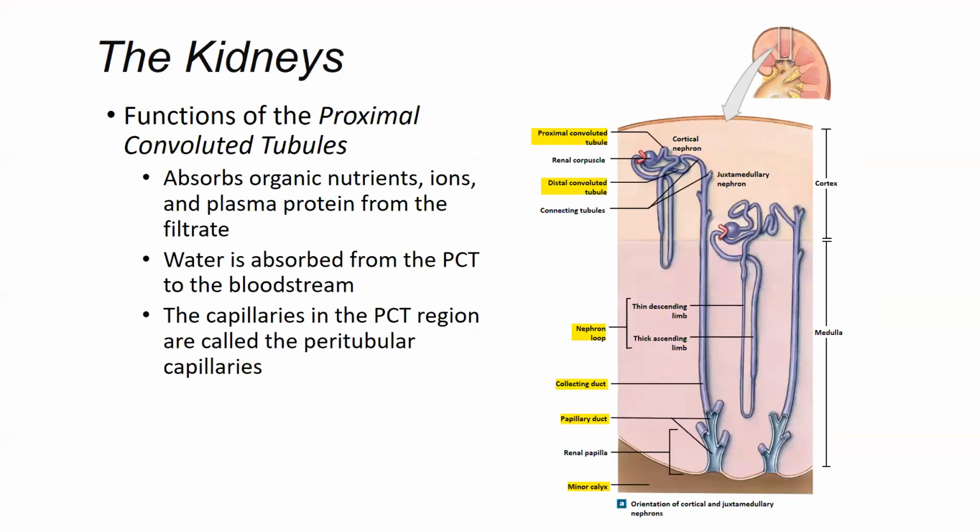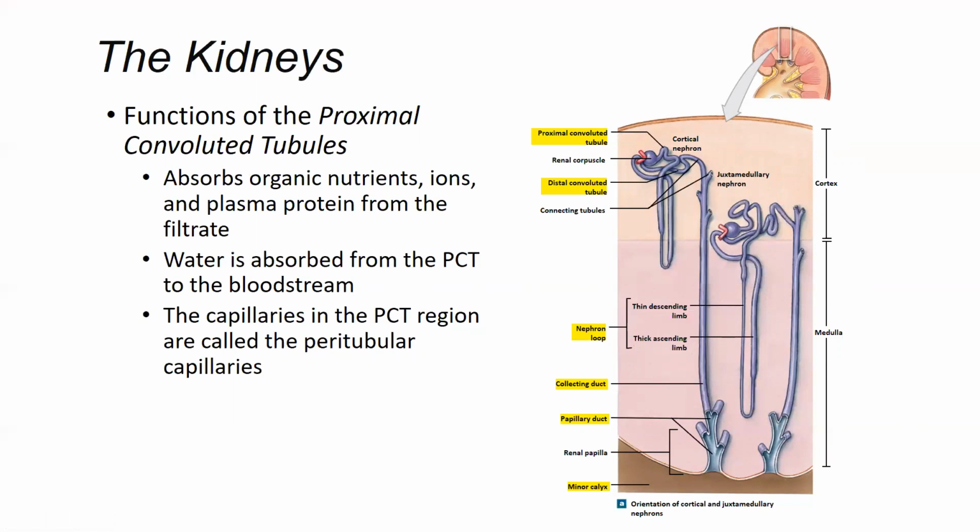All right, so moving on, we'll talk about the proximal convoluted tubule. This is just an overview of the processes that take place. We're going to look more closely at those processes, but in the following slides, we're pretty much going to paint a big picture of what happens to each part of the tubular structures. So in the proximal convoluted tubule, again, this first twisted or convoluted region right after the glomerulus,